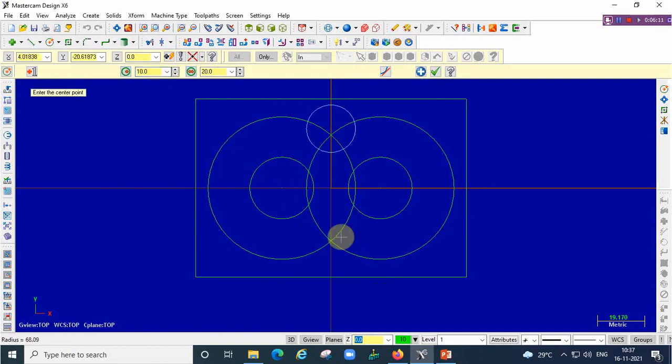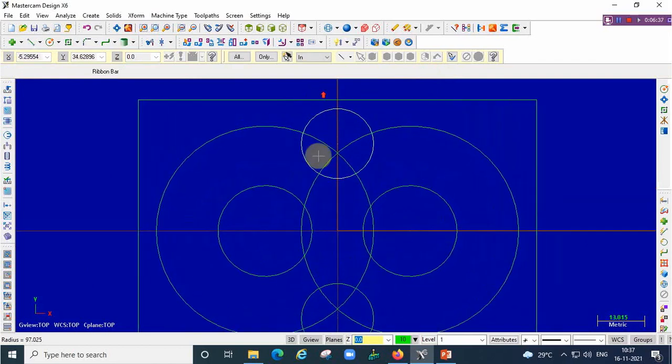For bottom side 0, minus 25. Enter the radius as 10. Now we are getting two circles. So totally 6 circles created.